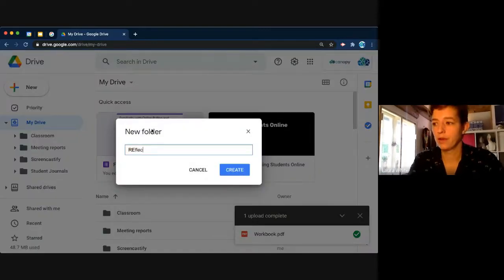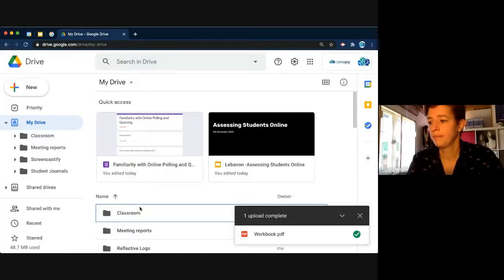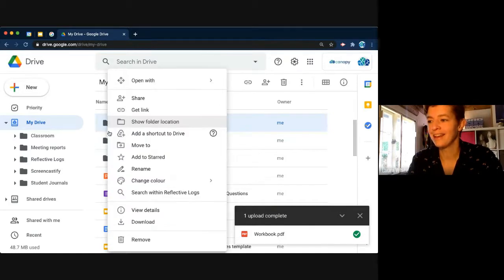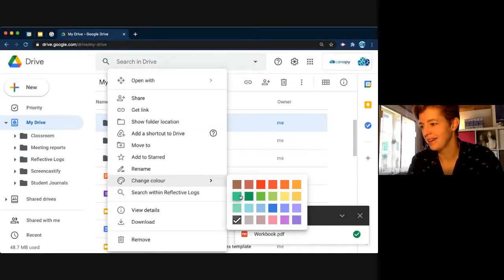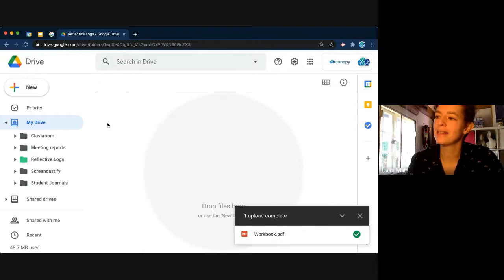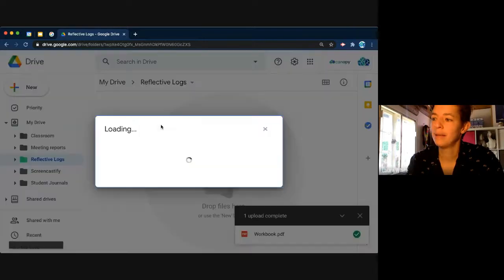I'd call it reflective logs or reflective writing. There it is. If you're so inclined, you can change the color of your folders. It depends how geeky you are. And then once I'm inside this folder, I might just start off by sharing that whole folder, maybe with a